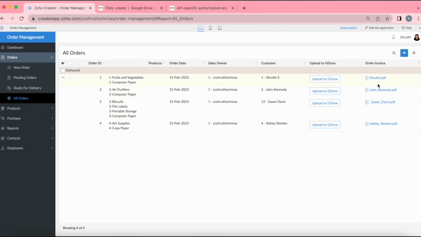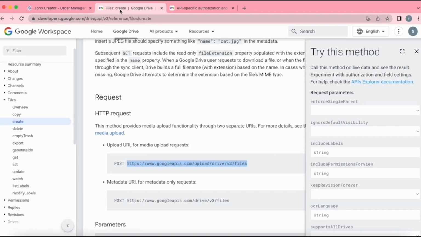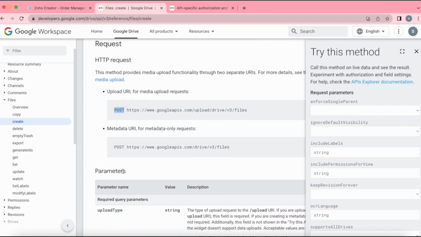So in order to do that, we're going to use an API to communicate between Google Drive and Zoho Creator. I have this Google Drive API opened up here. This is to create files from third-party services into the Google Drive. So this is the URL that we're going to use to perform an API, and the method is POST, and